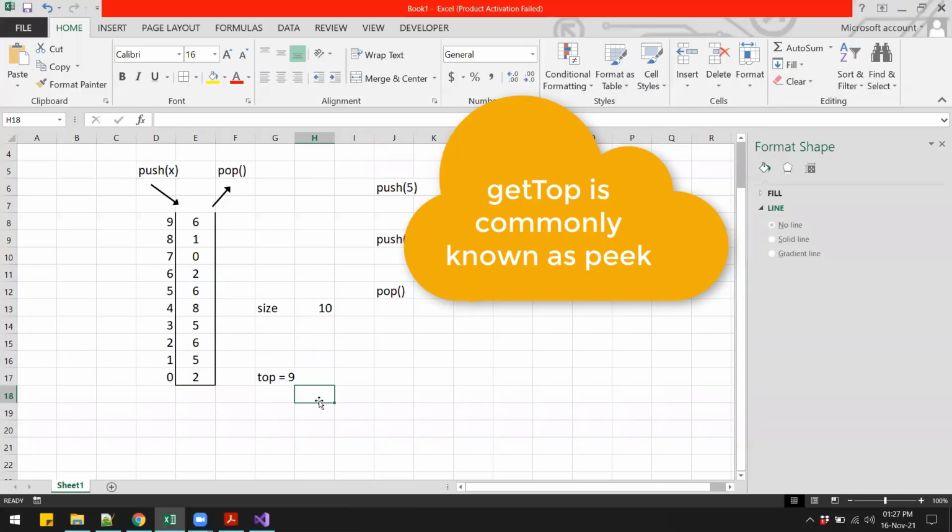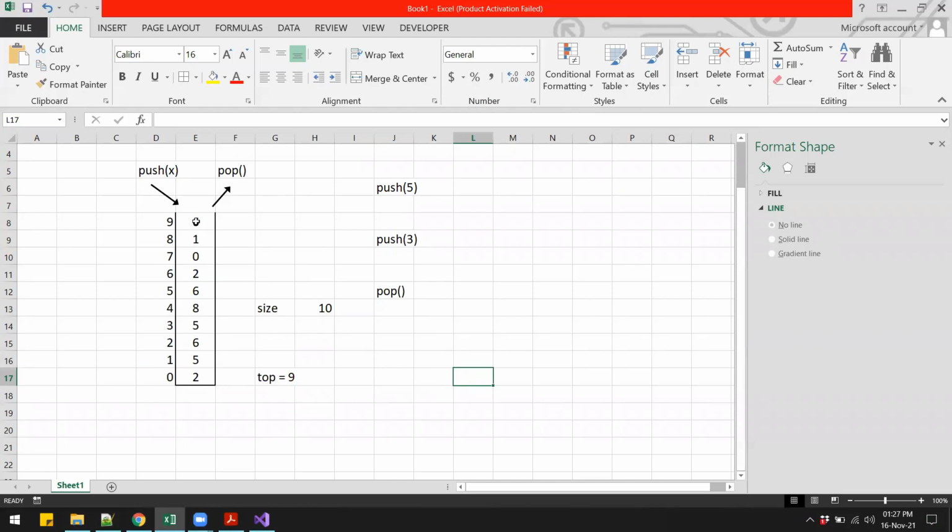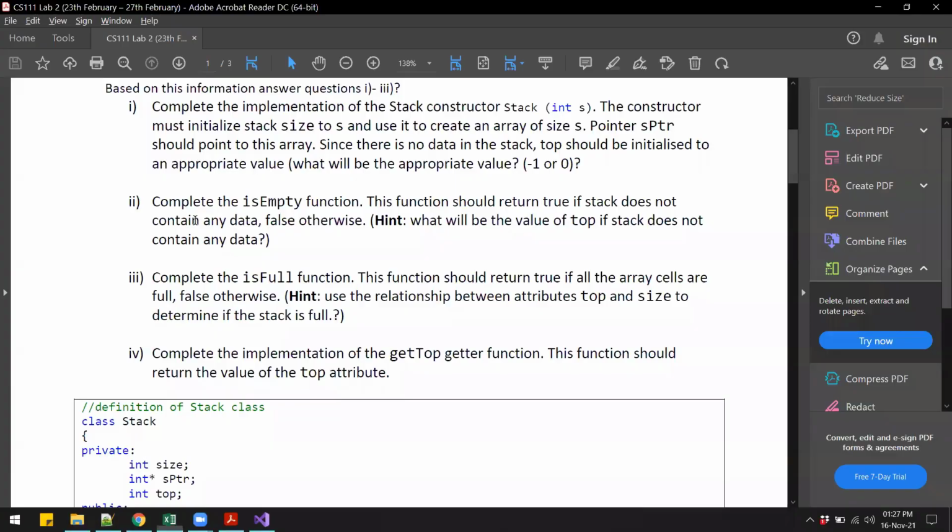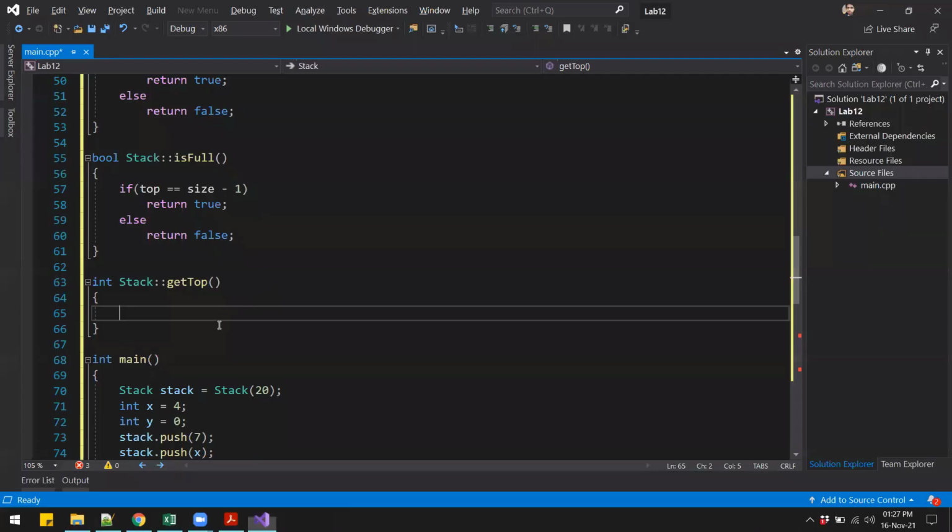In this example, if I call the getTop function, that function should return the value 6, because that is the topmost item in the stack. So I can say return sptr at index top. sptr is the name of the array, and we want to return the value that is at index top.